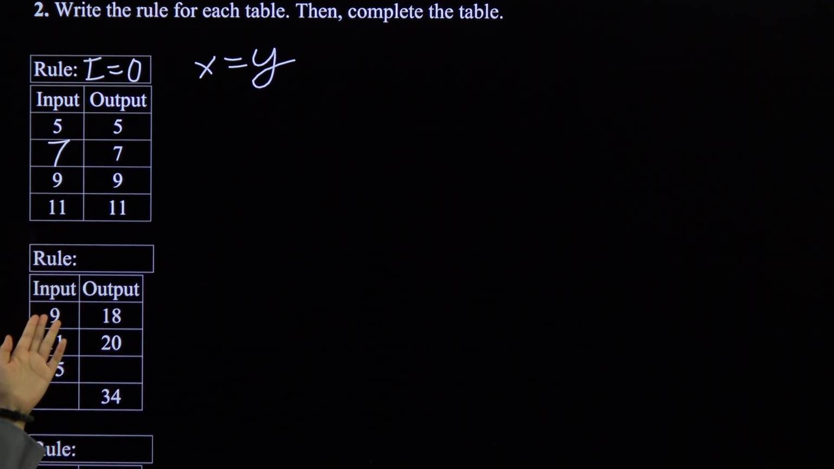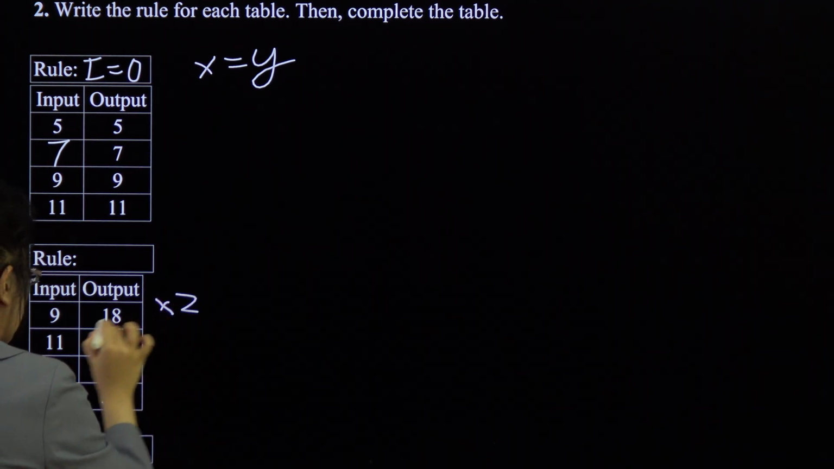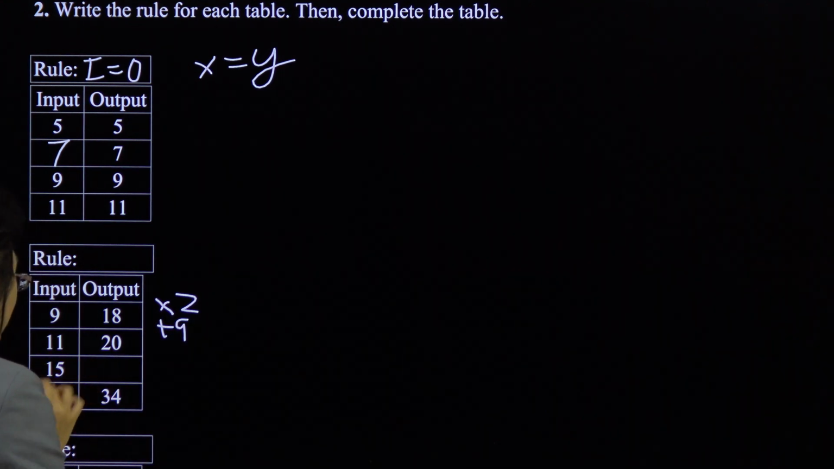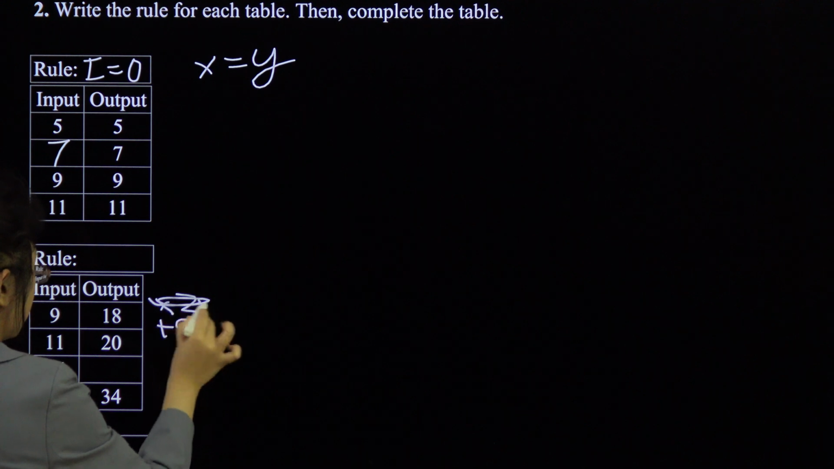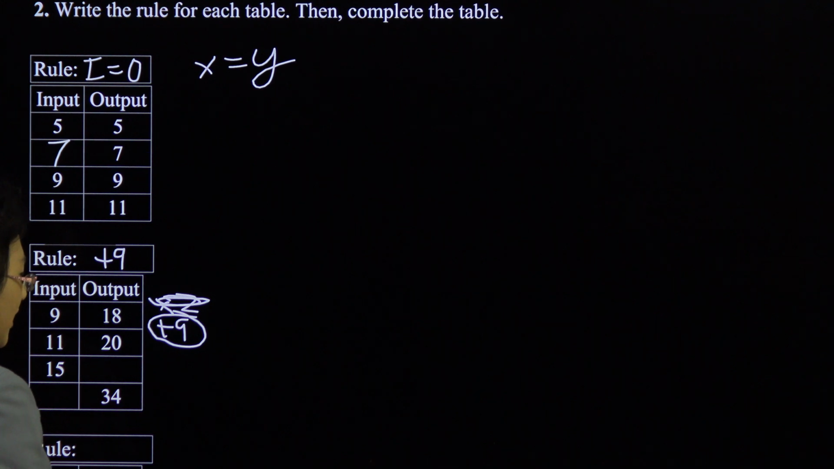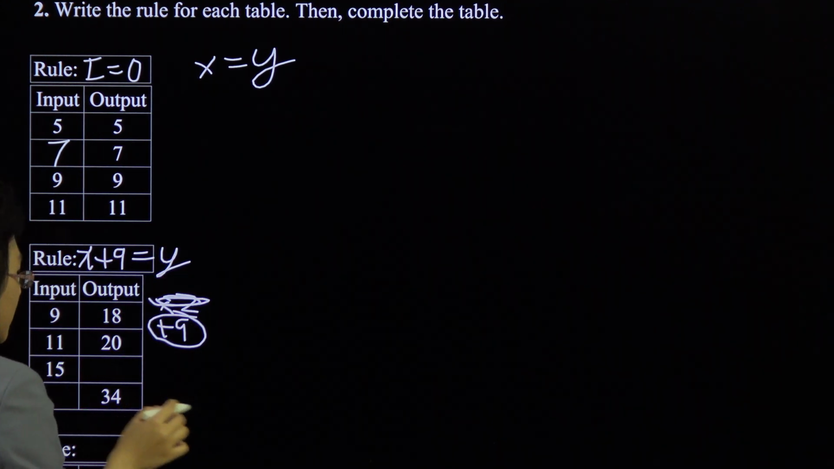Here we have input, output 9, 18. Well, that could be 9 times 2 equals 18, or it could be 9 plus 9 equals 18. 11 and 20. 11 times 2 is not equal to 20, but 11 plus 9 equals 20. So the rule is plus 9. Well, technically we should put x for input, plus 9 equals y. 15 plus 9 is